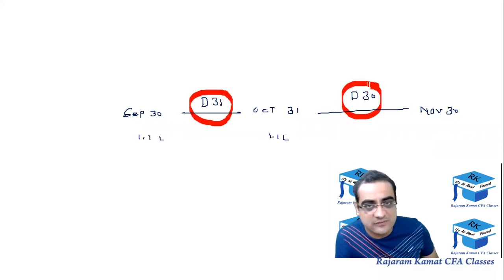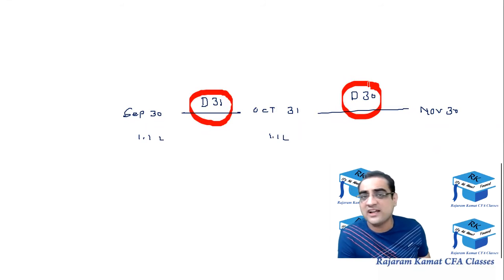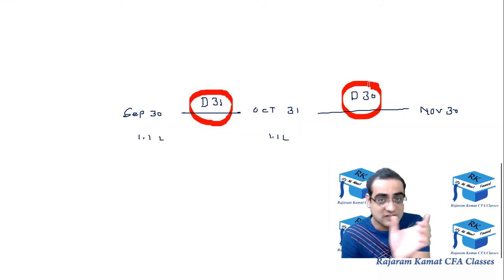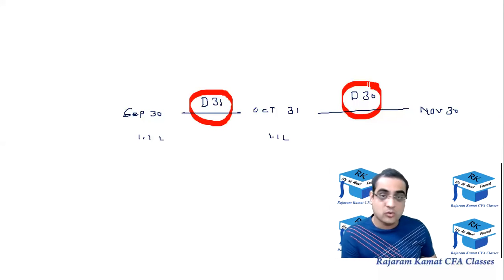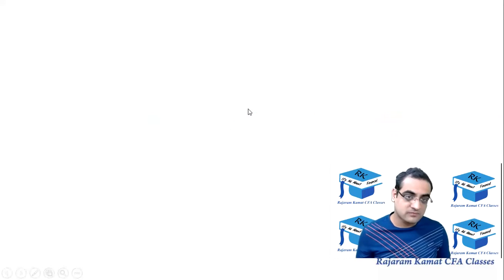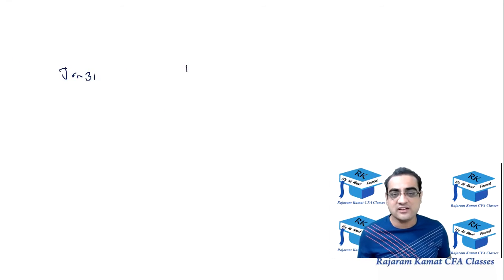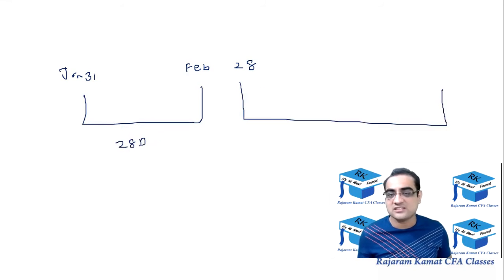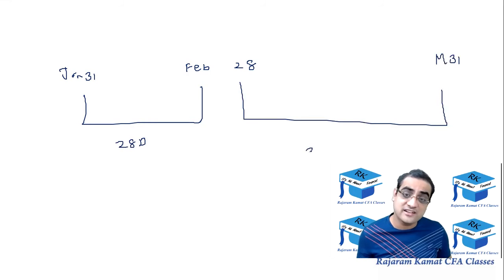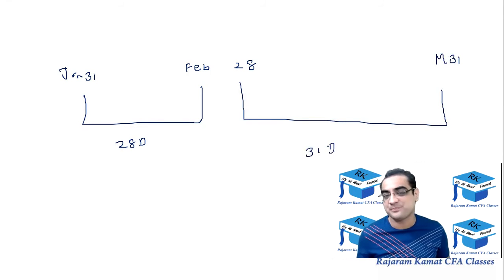So this NPV function that we just used is a meaningless function of Excel, because in real life, even your salary doesn't come after an equal number of days. Sometimes it comes after 31 days, sometimes after 30 days. What about January 31st? If you get your salary on January 31st, then your next salary in a non-leap year would be February 28th. So how many days? Only 28 days. And then February 28th to March 31st, you are getting salary in 31 days. So it's not equally spaced.